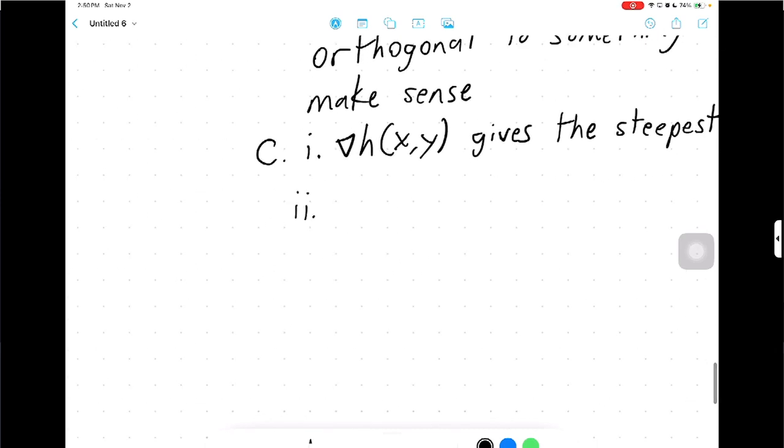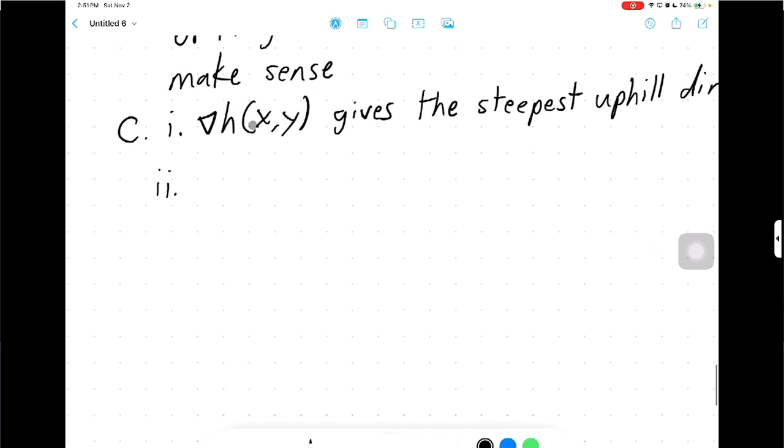Number 2, while you're an avid hiker, your dog is not and does not want to go up or down. Give an expression that determines a direction at any point xy such that as you walk, you never change elevation. Okay, this one's a little bit harder. It's not defined simply from just a gradient. The idea here is we're going to have to rely on the directional derivative